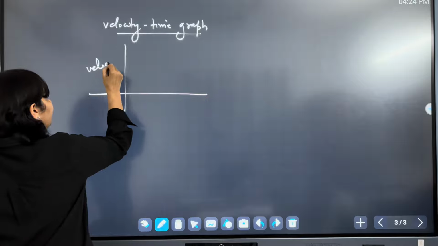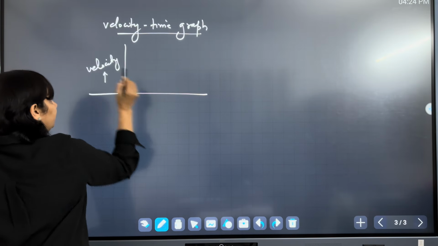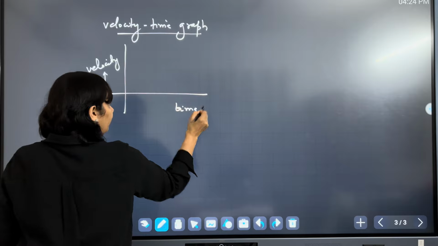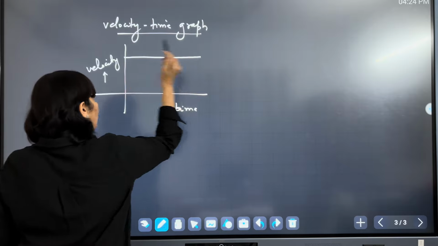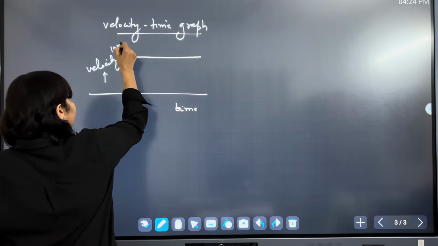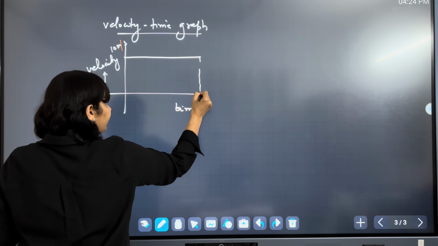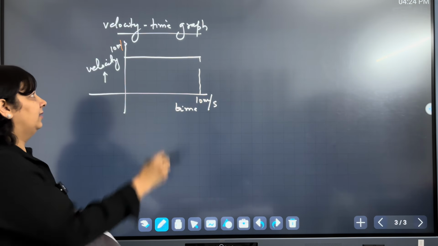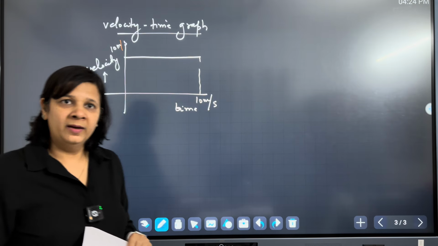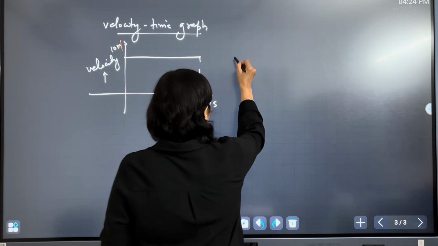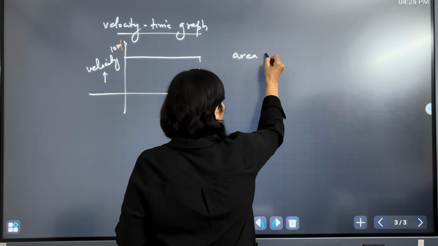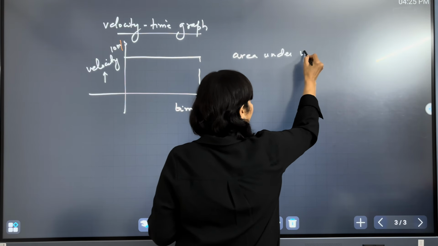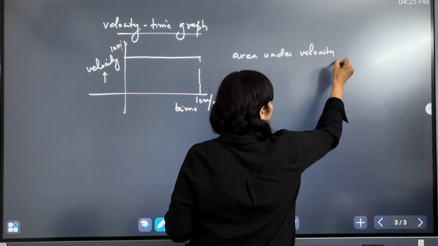So you have velocity here and this is time, and again the object is moving with a constant velocity, and in 10 seconds it is moving with this much velocity, right? Now the area under this curve, the area under the velocity-time graph